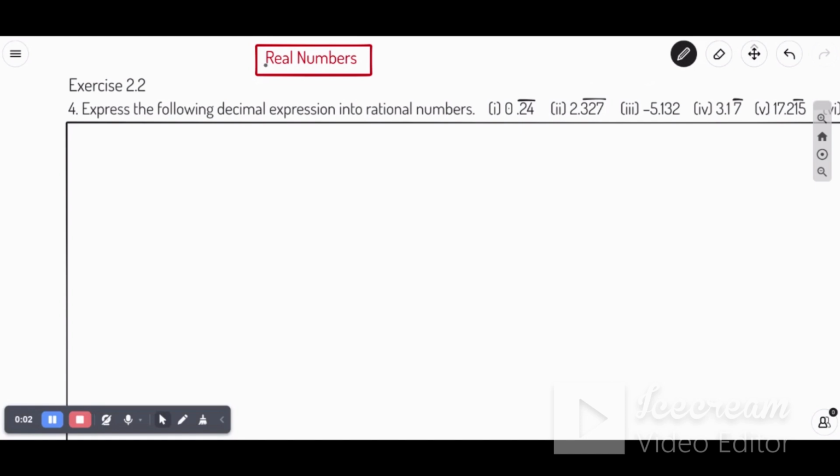Hi everyone, let's see real numbers exercise 2.2 and question number 4 today. Express the following decimal expression into rational numbers. So let us start our question. The first question is